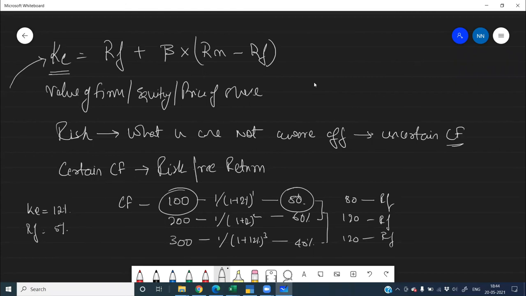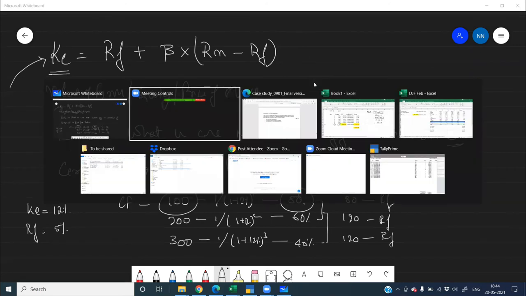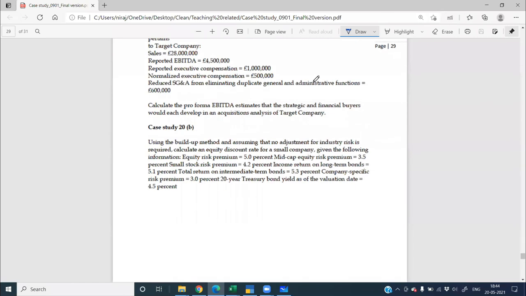If you want to study, you can study on Google and find out more about it. In this, the first step is you calculate the certain cash flows. You will find out what are the certain cash flows. Because now you are 100% confident about those cash flows, you will discount it with only risk-free rate of return. You will not discount it by cost of equity. You use cost of equity when you have uncertain cash flows, when you do not know the certainty of it. अगर आपको पता है कि इसमें certain cash flows क्या है, you are confident about it, then you will use risk-free rate of return. So now let's look at one specific sum which is coming in the exam very much.